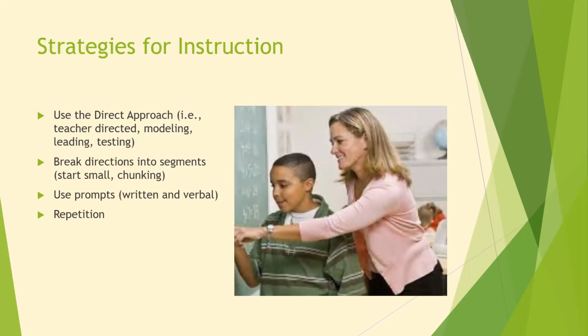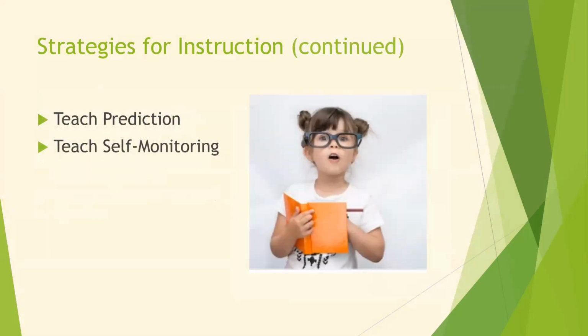Repetition, such as chanting the steps in an equation or rules of grammar, is another way to solidify information and gives them a backup when the teacher is not available to refresh their memory. Teaching a child to look at pictures, read titles, chapter headings, and find key words will help them with their comprehension and reading. This also helps activate their prior knowledge so they can make connections to the material.